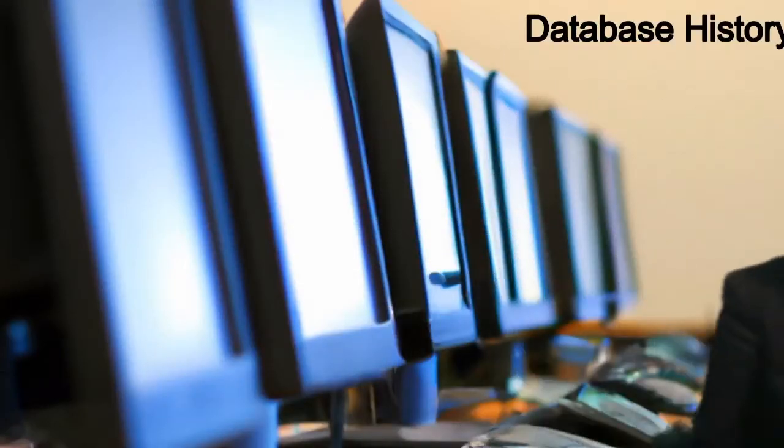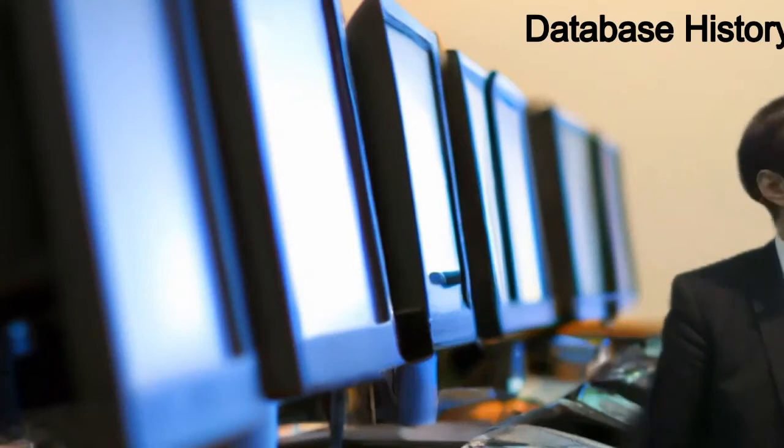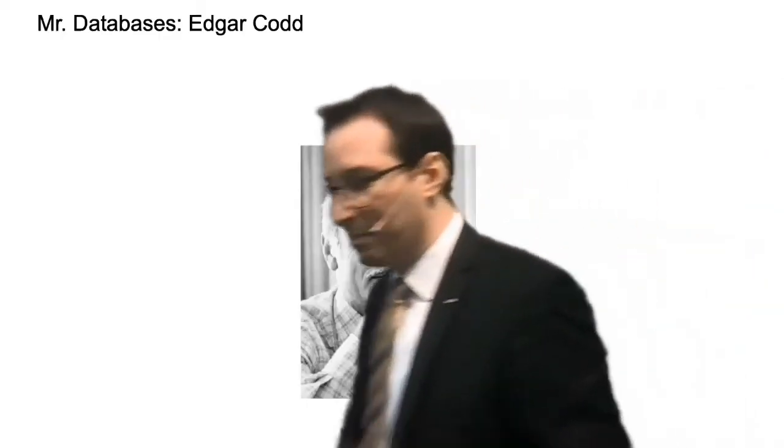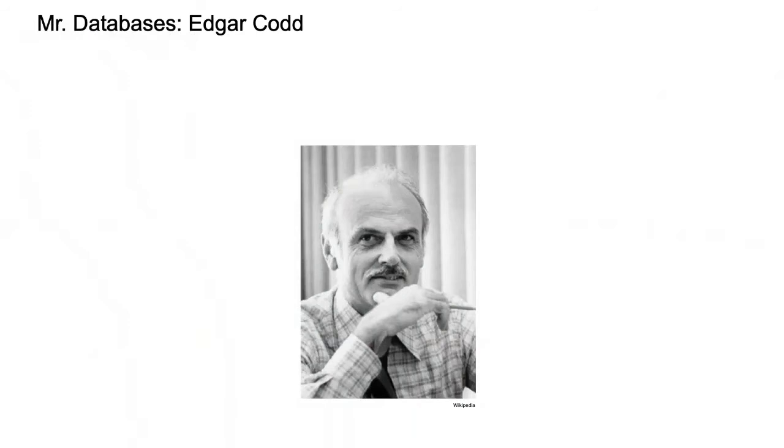But then the database history actually started in 1970. 1970 is the pivotal year, because in that year somebody called Edgar Codd had an idea. He realized that this whole way that people were handling their data, directly reading from disk and writing complicated programs and rewriting the same algorithms all over, is too complicated. And then next to that, he had another realization.